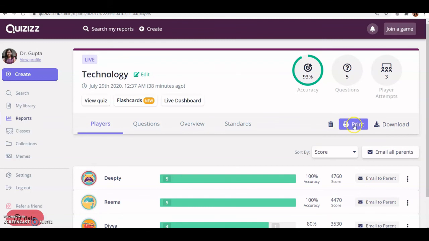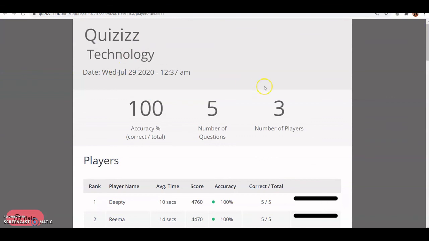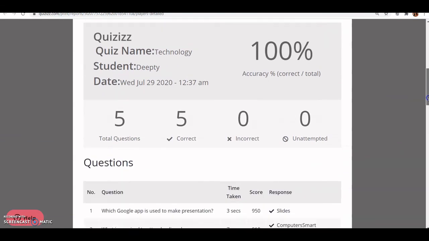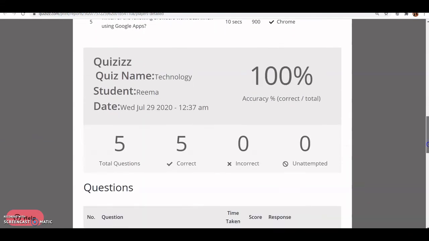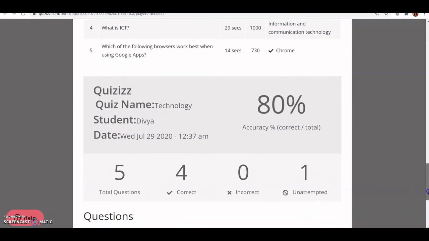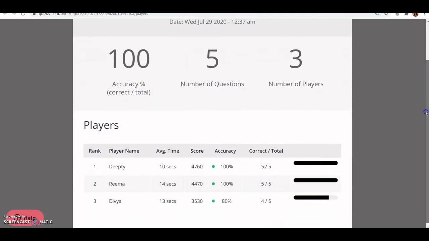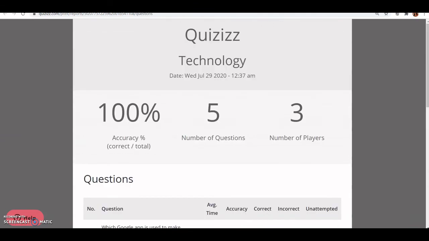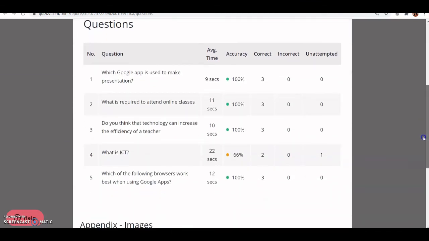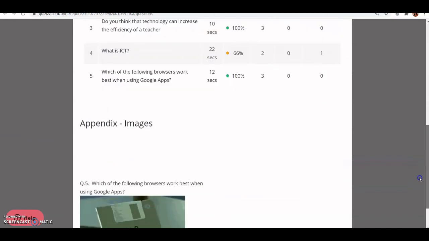And if you want to get the results in a printed form, you can get them in different ways: the question summary, the player summary, the all player report. So I will show you these various ways to get the results in a printed form. This is according to the players. You can see the individual player report here. Fine. Another way is to get the print of the average of all players, and another way is to view it question-wise. You can see how many have got questions incorrect and correct and all.